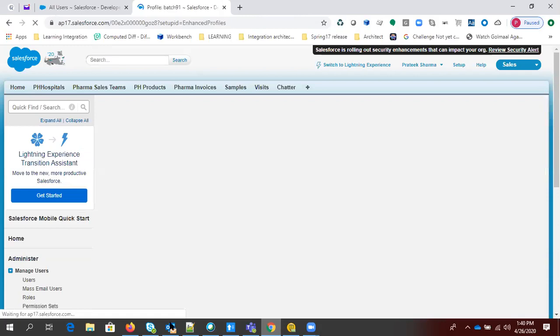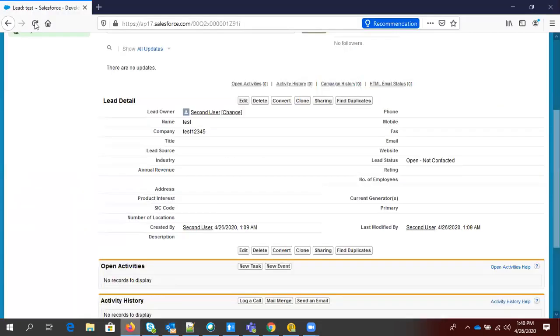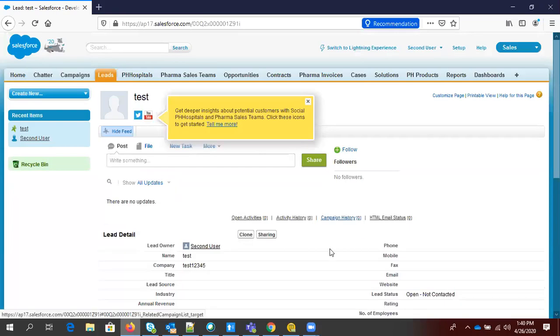Then as soon as the browser screen refreshes, he won't be able to see the edit and delete buttons, right? Because now the profile doesn't have access to delete or edit the lead record.